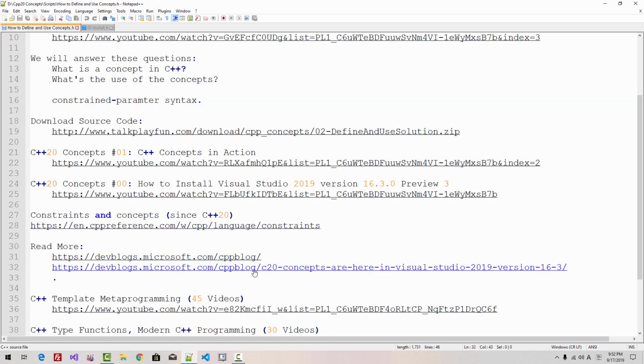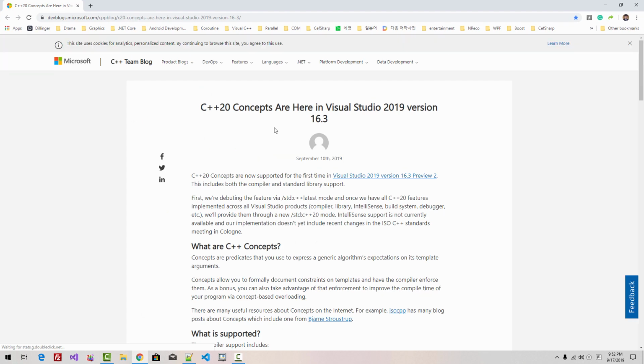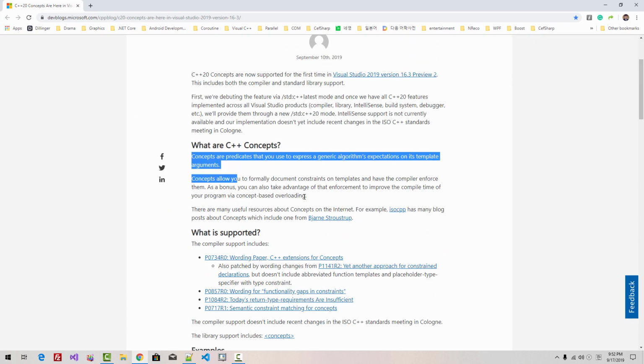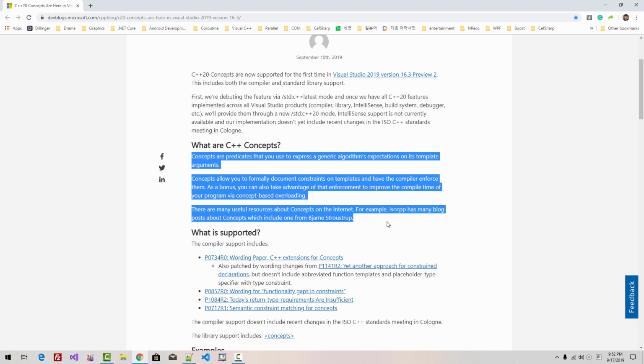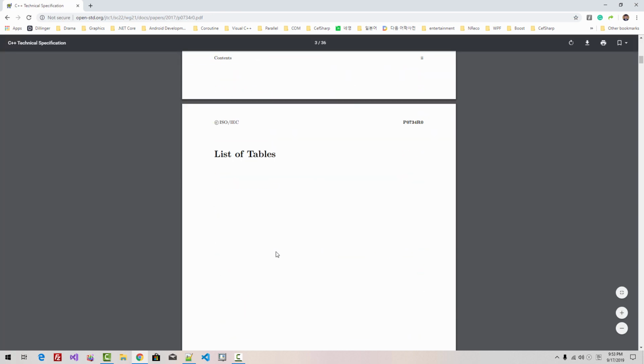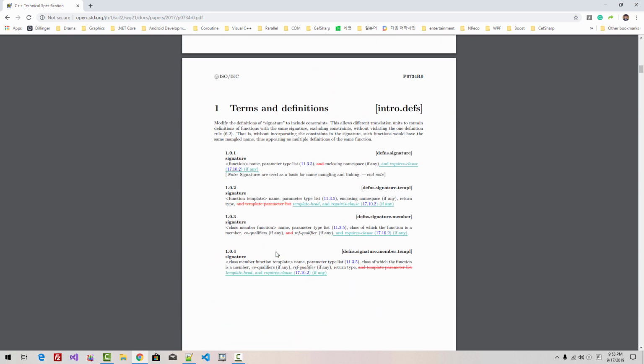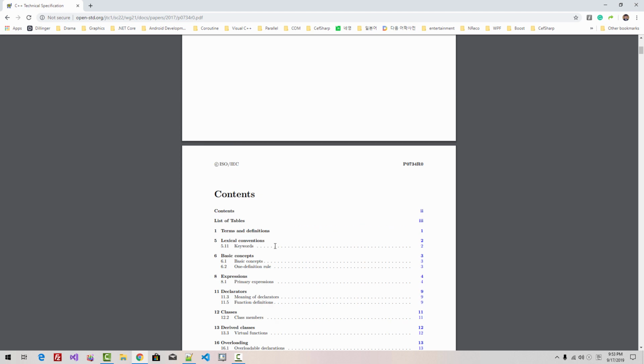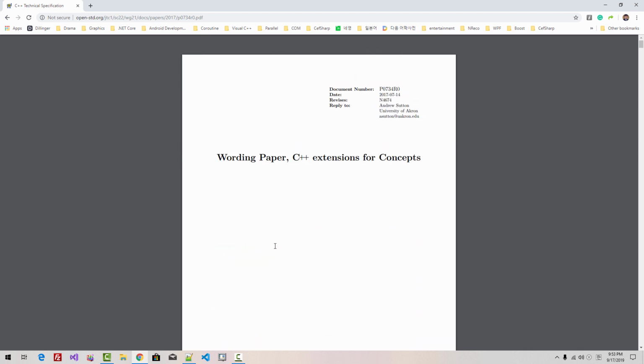Microsoft documentation about C++20 says that this implementation is still undergoing. I mean, those Microsoft engineers are working very hard to implement this C++ concept feature. So some of the features specified in this C++ working paper are not yet working. I mean, some of the features listed in this working draft do not work with the current version of Microsoft Visual C++. But when the official release is built, probably all the features listed in this documentation will be implemented in